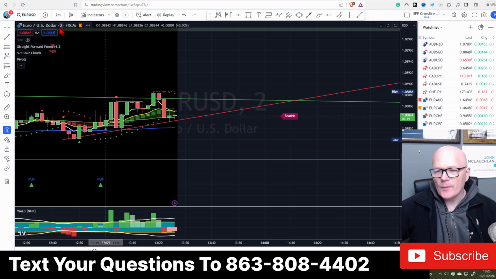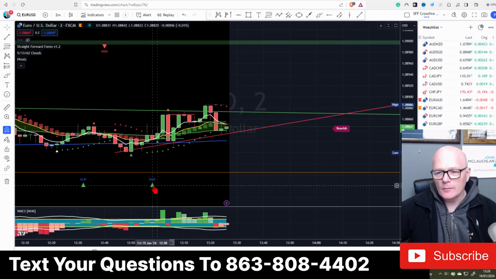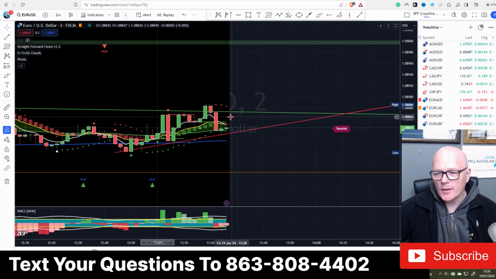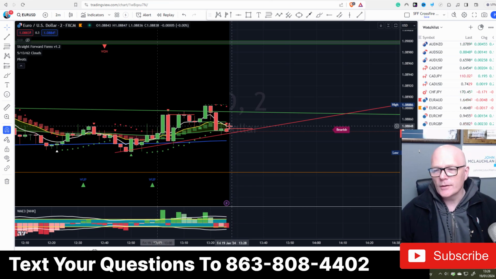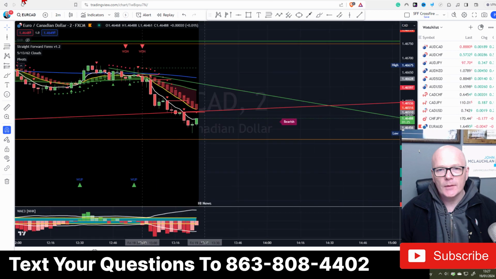Euro US in the dead zone, and you can see what's keeping us out. This wave up, it's telling us wave up, but it's in between the two trend lines. The ATR is showing us no volume. We're in a wave down with the PSARs, so nothing is congruent. We've got no congruency at all with that.